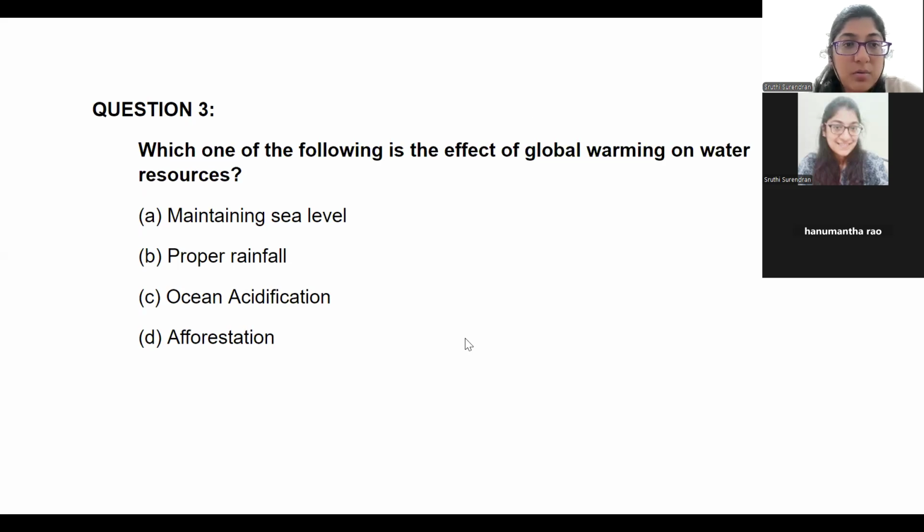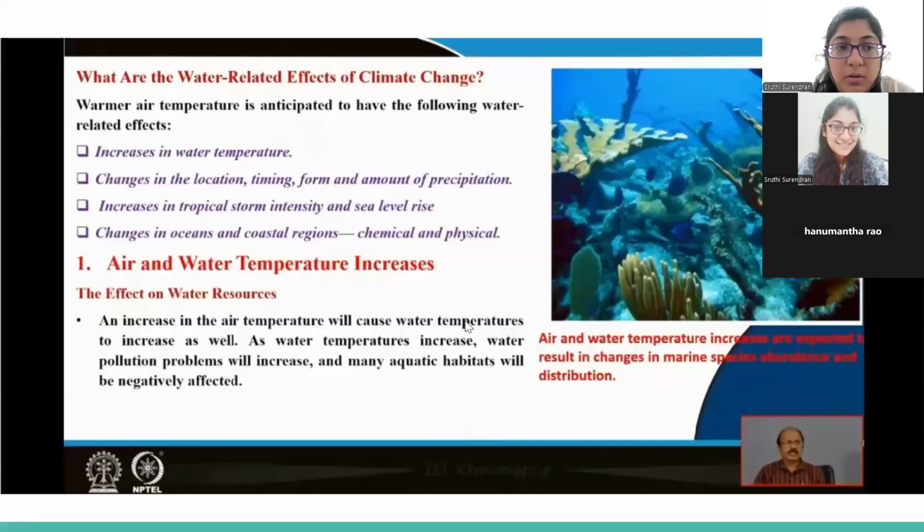Okay. So let's see altogether what the impacts on water resources are. As a result of global warming, there is an overall increase in the temperature of water in water bodies like oceans, rivers, etc. Then again, we talked about how the rainfall patterns are changing. There's high intensity and extreme rainfall in very erratic patterns. There is also a rise in the sea level because of the excessive melting of